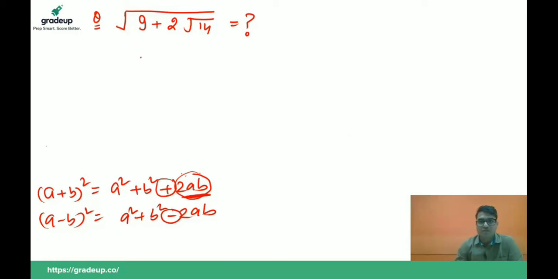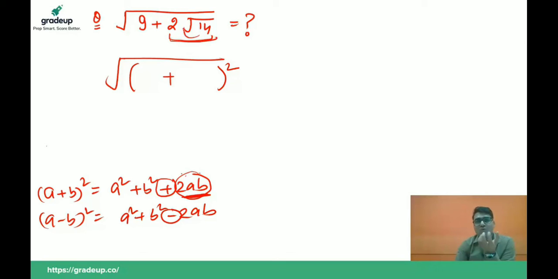Now guys, we are having plus here, so I am trying to write this expression like this, then the root will cancel out with this square and you will get the answer automatically. Now you are having the 2ab term here. When you divide the 2ab term by 2, you will get a into b. So this is basically your a into b. So you have to split this in two factors such that the sum of the squares of these factors should be this, that is 9.